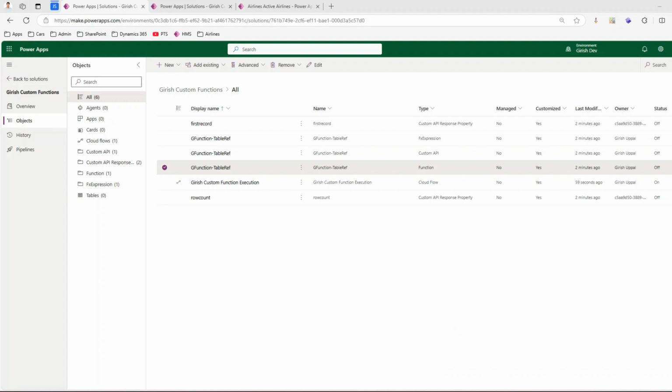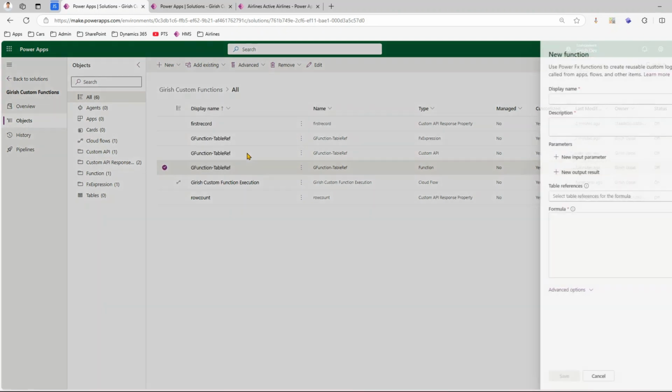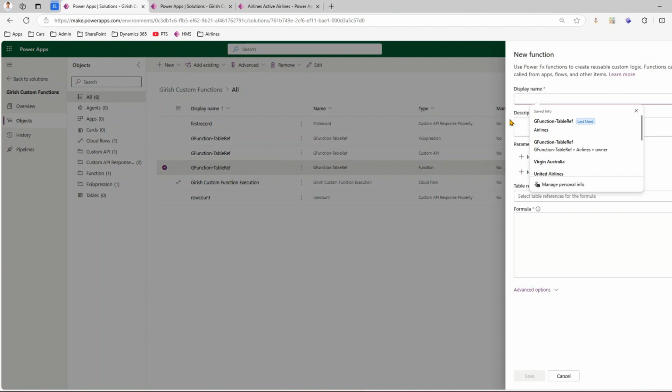Now, to start with, what we need to do is first go into the solution. Here I have created one solution. I've already added one custom function, but just to show you from the start, I'll go into new automation and then go to the function. If I click on function, I need to specify the function name. I'll just prefix this with G function, and then I will say mathematical